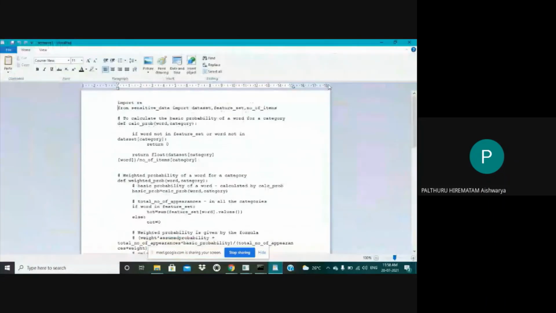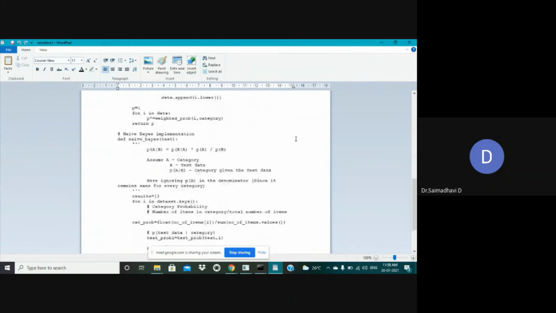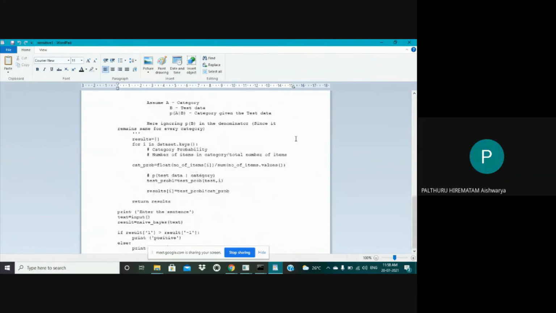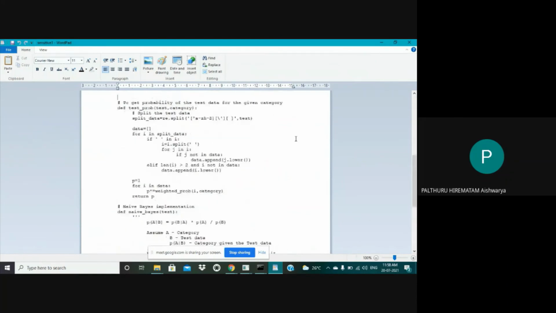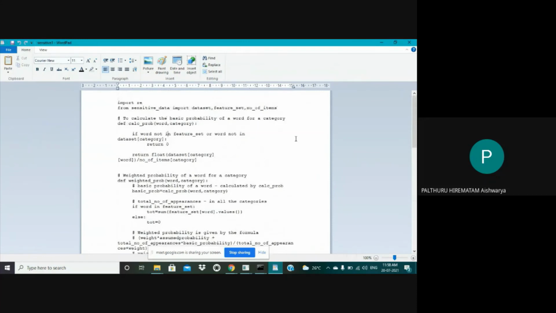A file name called sentiment sensitive one. Have you opened it in Word? Yes, ma'am. Uh, in your project code, you could have opened it directly, no? Ma'am. Okay, explain to certain extent what exactly is how that algorithm is working.